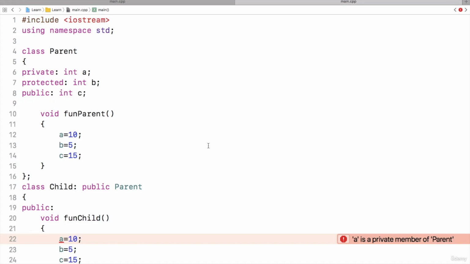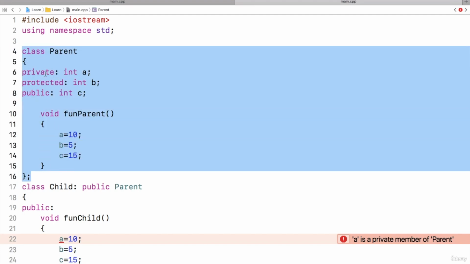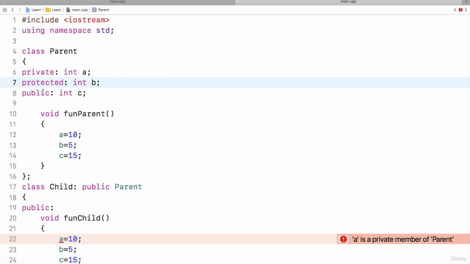Now let us look at how a derived class can inherit from a base class. What are the ways? There are three methods: publicly, privately, and protectedly. For explanation, I have taken one parent class which has some members: one is a private member, a protected member, and a public member, and it has a function which is accessing